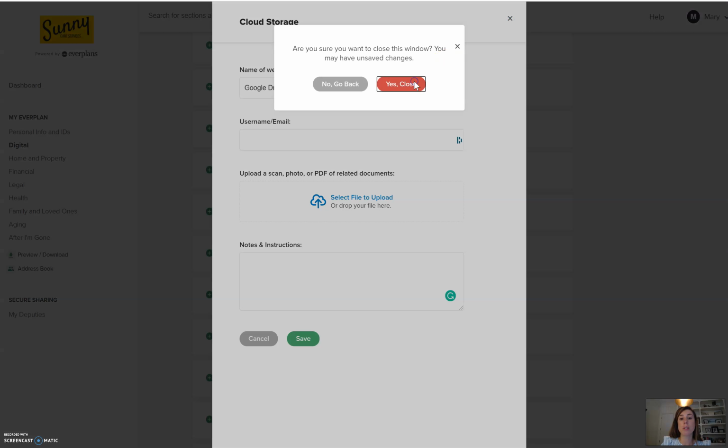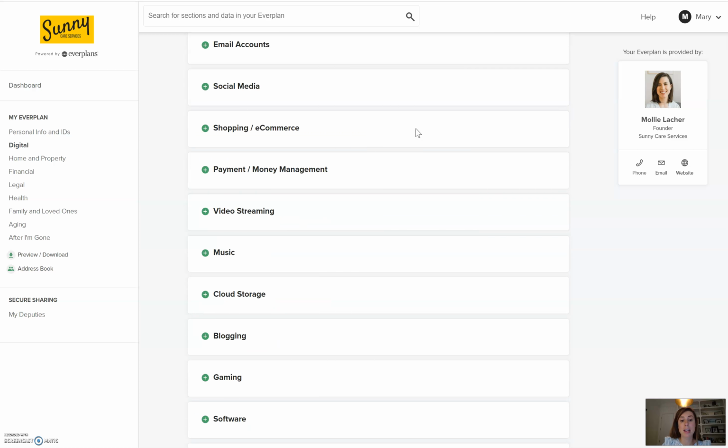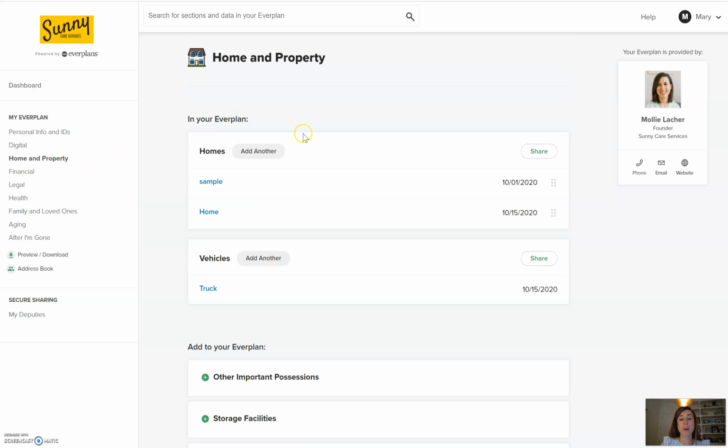Really great for your family to know that, so that they're not just scanning through tons of documents, not knowing what's of significance, what's not. So you can kind of see it walks you through really an exhaustive list of every online account that you could possibly have. The next thing is property, and I think that this is great because this is showing you